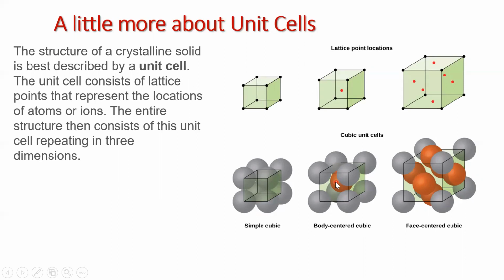Body-centered has an atom in the middle, and then it has atoms along the lattice points. And then the face-centered actually has ones along the lattice points and ones along the sides or the faces of the unit cell. So when we talk about efficiency, how well the atoms are packed into the unit cell, we would just take the volume of the atoms and divide it by the volume of the whole cell